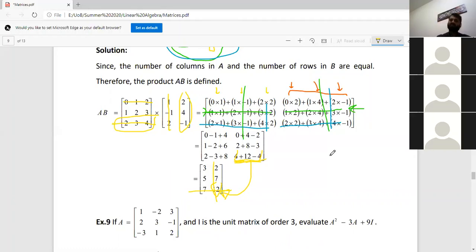Got it? Now you can look at the order. This was a 3 by 3 matrix, and this is a 3 by 1 matrix. So this is gone after the product. Sorry, this was 3 by 2, so the order of your product should be 3 by 2, and you can see at the end that the matrix we got is 3 by 2. You can check these small things after getting the solution, to see whether your answer is correct or not.